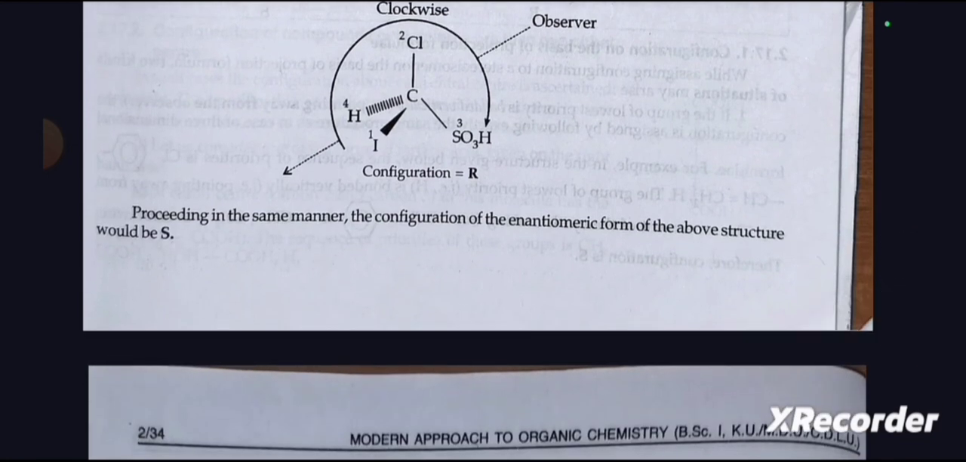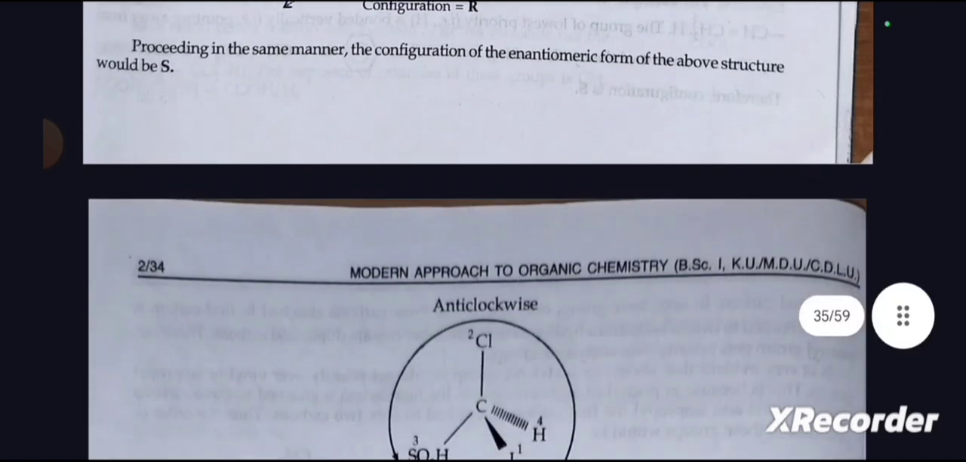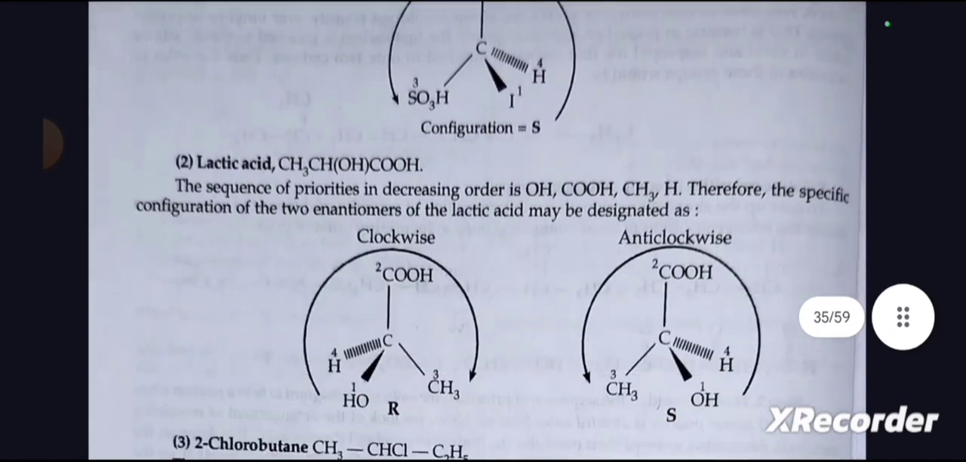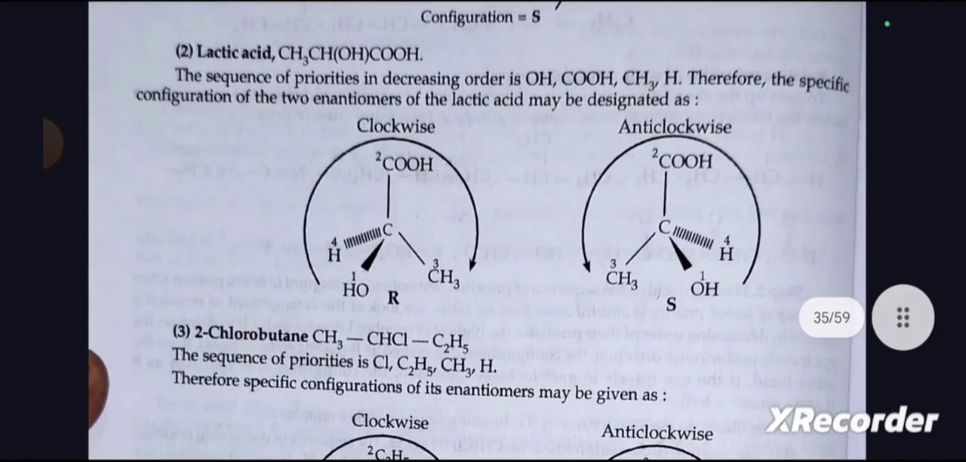Proceeding in the same manner, the configuration of the enantiomeric form of the above structure would be S. Second, lactic acid, CH3CHOHCOOH. The sequence of priorities in decreasing order is OH, COOH, CH3, H. Therefore, the specific configuration of the two enantiomers of lactic acid may be designated as